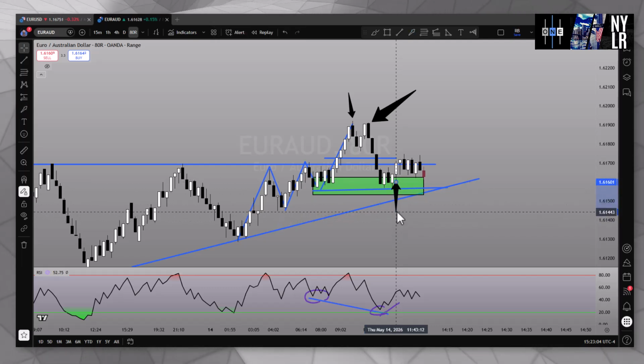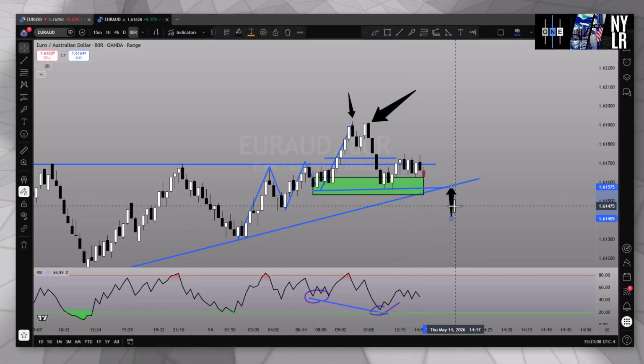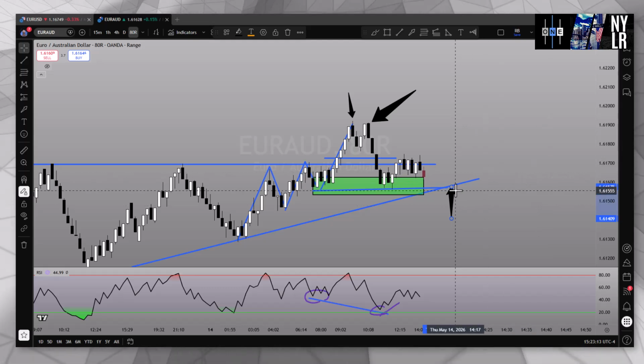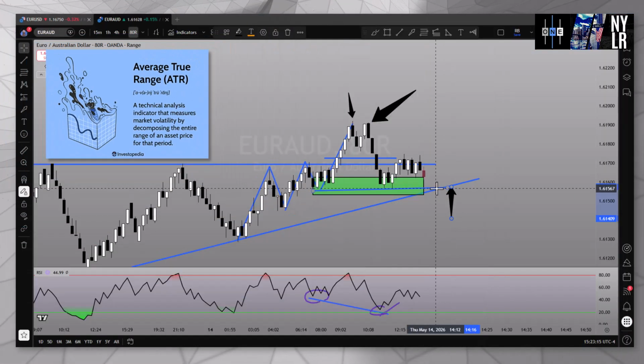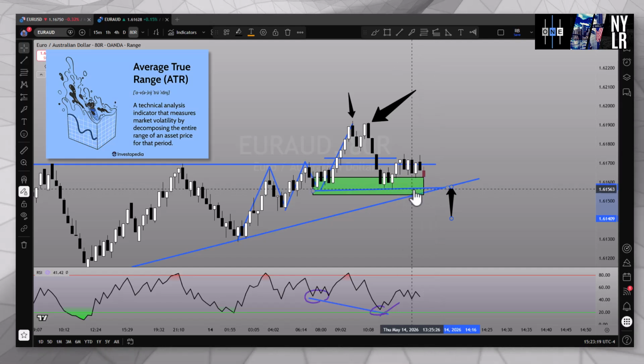So the next question is, how would you set yourself up with this? Well, we already spoke about targets. We can even add a different layer as well, but let's talk about stop losses. If we're going to use a 1 ATR stop, we want to get below this low candle. So with the low of this candle being at